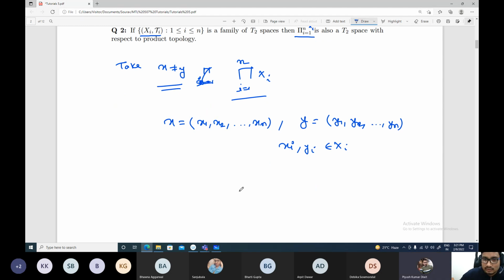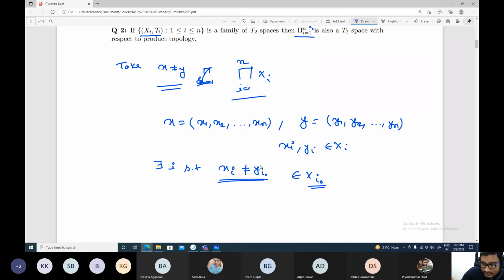At least one coordinate differs, so there exists some i naught such that x i naught is not equal to y i naught, right? And since these two elements are from X i naught, which is a Hausdorff or T2 space,